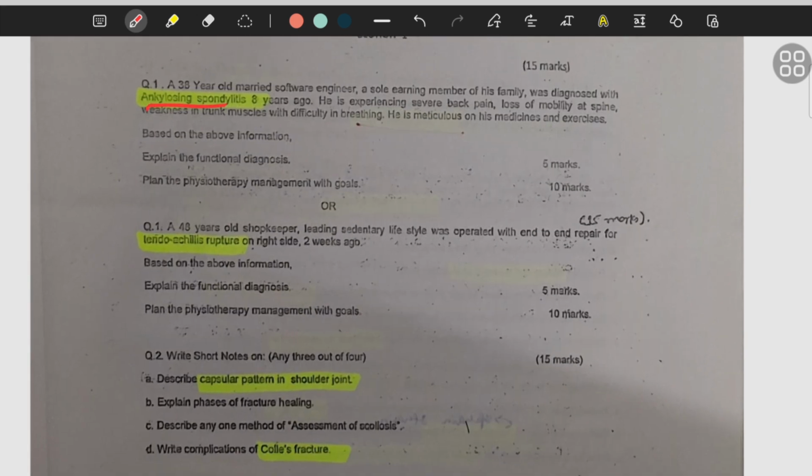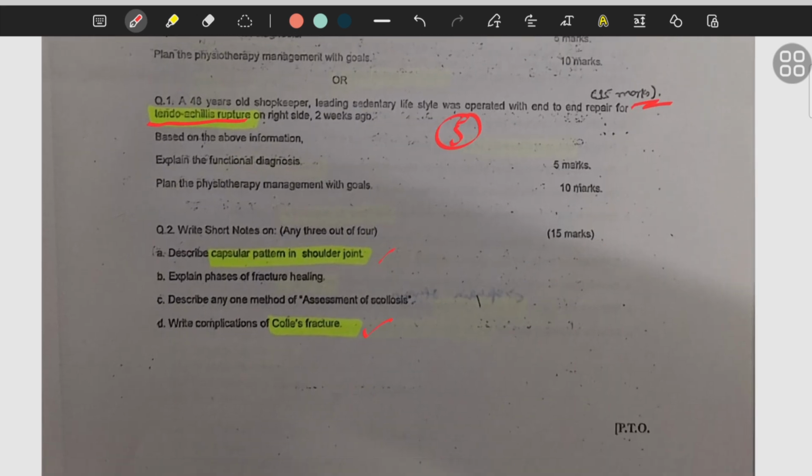You will get an idea of how the questions are asked and how you will frame an answer. Then again, tendo Achilles rupture. Previously it was asked for 5 marks. Over here they have asked for 15 marks. Then capsular pattern in shoulder joint. Then Colles fracture. If you look at the important questions, for example, there is the introduction in an important question,